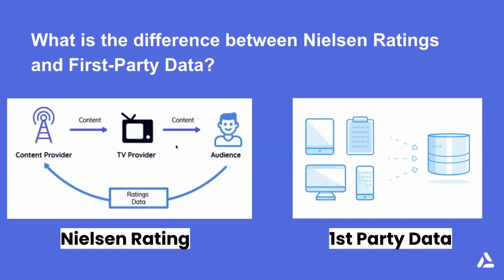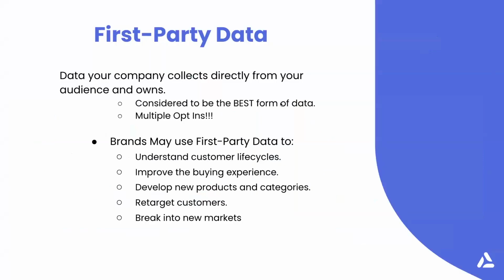As you see here in this graph, it shows how Nielsen ratings will work, whether it's TV, whether it's radio, and there's some others as well. Whereas first-party data is being collected from users providing their detailed information, whether it's through surveys, like as you can see here, iPad, computers, mobile device, you name it. Sorry, 1 second. But with first-party data, as your company collects this data, you can then harness it.